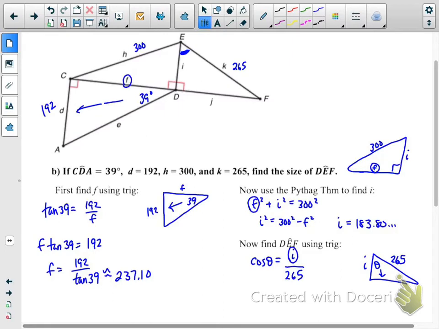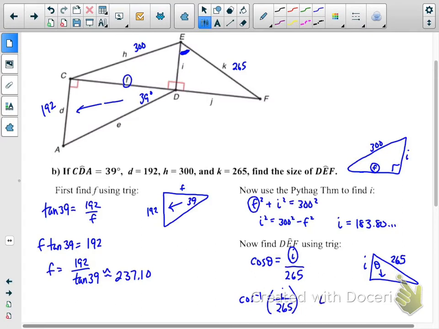So your I is going to be answer. Answer is always the number that you just got as an answer. So if by some chance I wanted to use the 237.10, that's not answer anymore. Answer is going to be this number that I got right here. So again, either store it as I, use the answer key. I'm going to do the inverse cosine of I over 265 or answer over 265, and I get that my